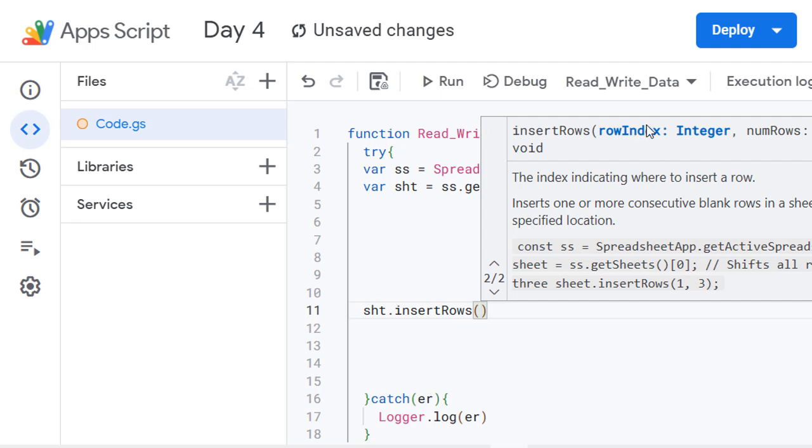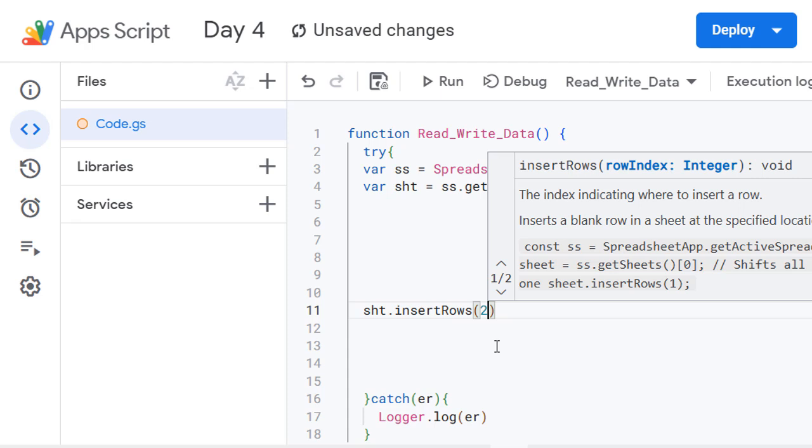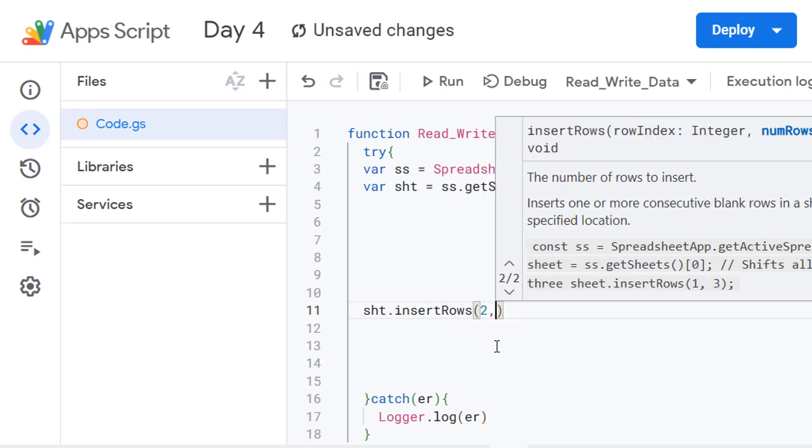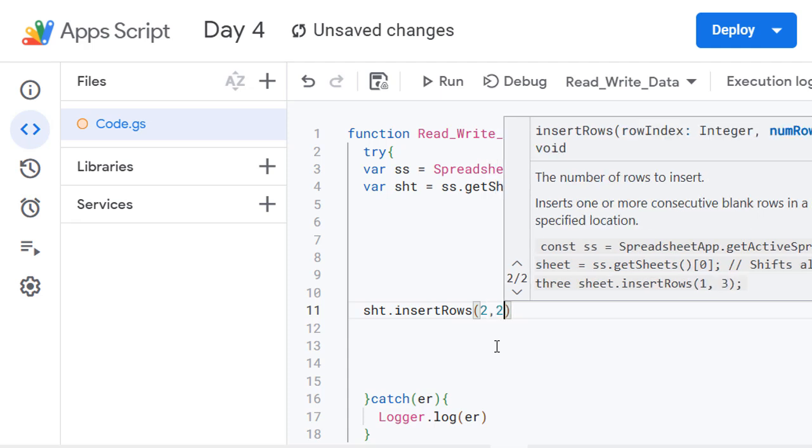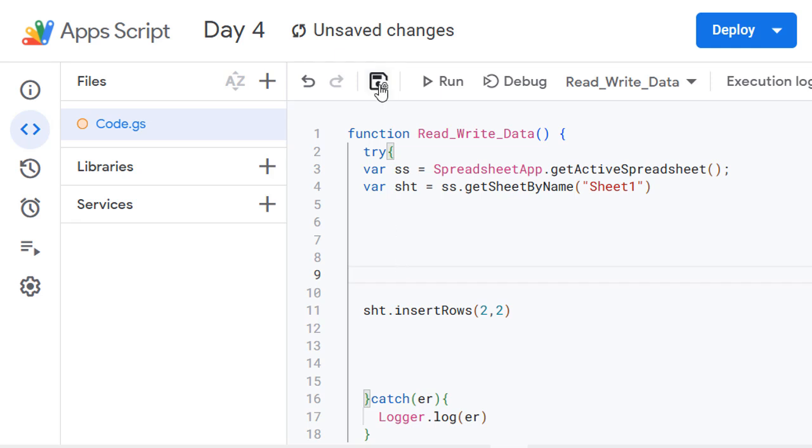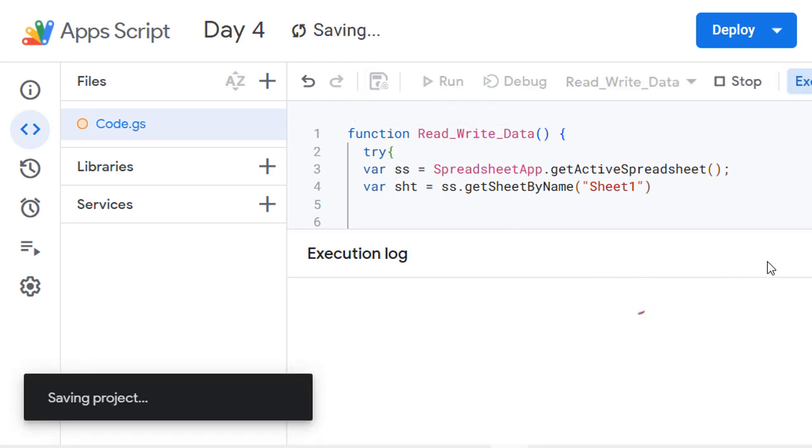It means which is the row I want to insert the new rows, above or down. Now here it is showing how many rows I want to insert. For example, I want to target the row 2, and then comma, how many rows I want to insert. I want to insert total 2 rows. Then I will run the script,